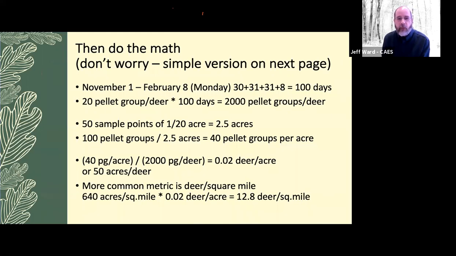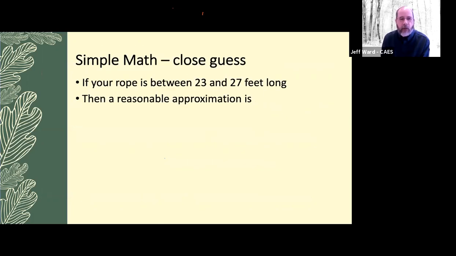If anyone out there is really geeky, you can look up all this math and read it later, but there's an awful lot for a talk like this. So, a simple math that will give you a pretty close guess: if your rope is between 23 and 27 feet long, then a reasonable approximation of the number of deer you have per square mile is